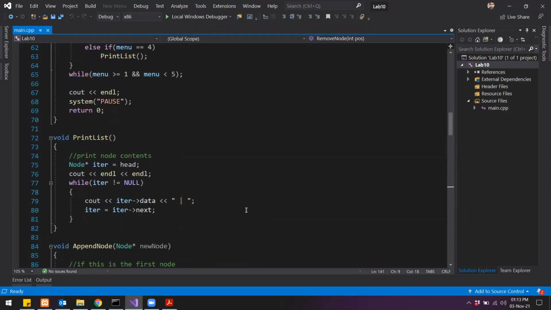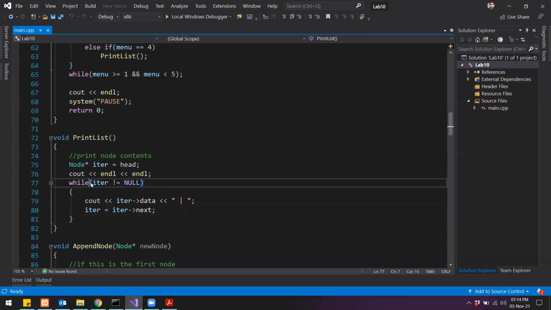Now going on to the print function. What the print function does here is it makes the head pointer or an iterator pointer point to the head. So make a pointer point to the very beginning of the list, right? And then we keep on iterating over the entire list until the iterator becomes null, right? So initially the iterator is pointing to the head node, which is not null, so we do this. From the current node we get the data, right? And then we print it. Then we shift our iterator and make it point to the next node in the list.